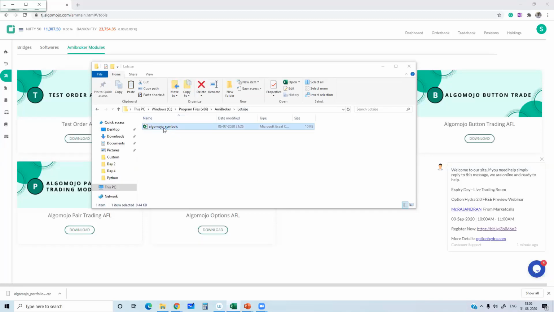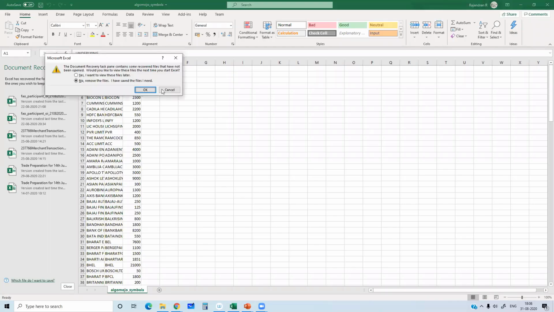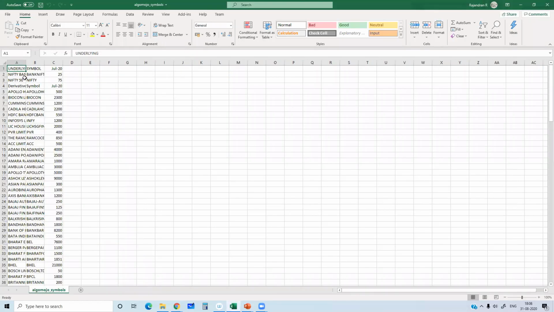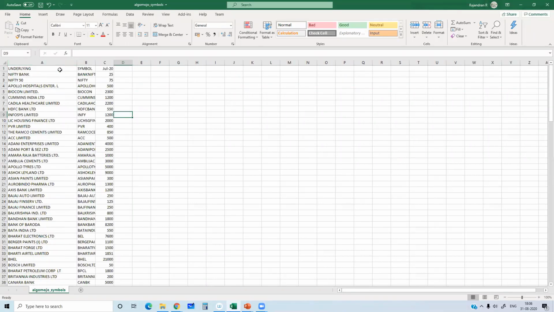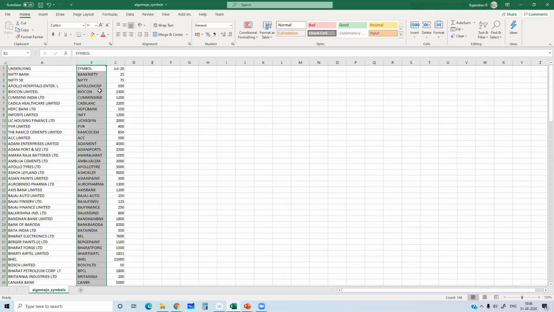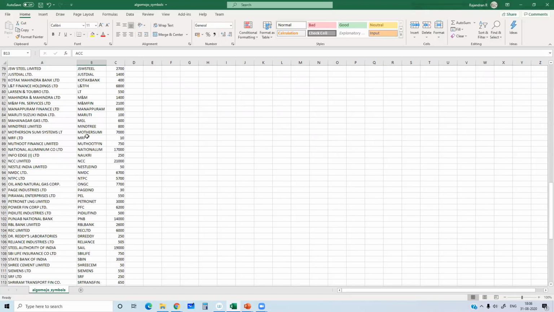So if I open the CSV file, you will get to know the various sheets. We are having a symbol, and we are also having an exchange symbol, and also the lot size.